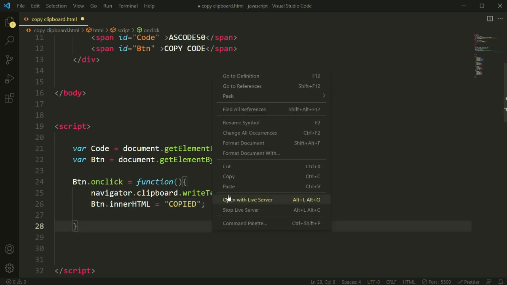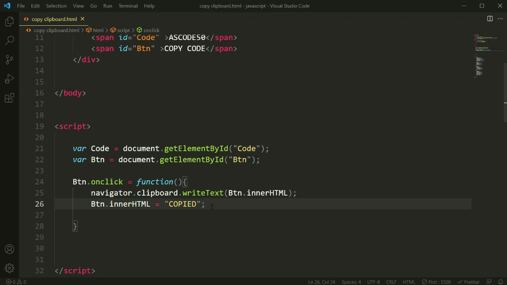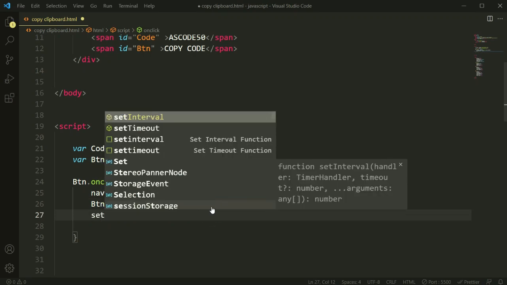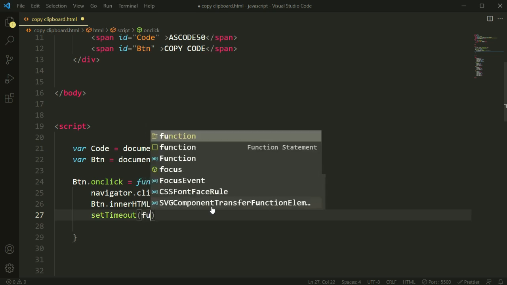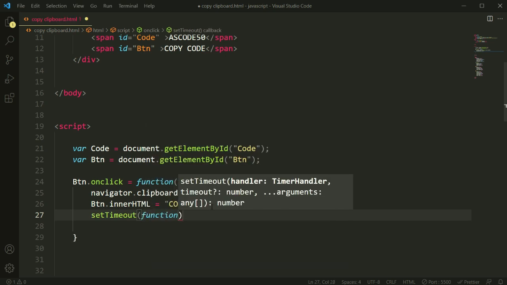So let me show you how it's working. When I click on it, it showed the copied button, but it was not reflecting the copy code again. So that's why we're going to add another function, setTimeout. After some time, the function will redirect to the previous function.